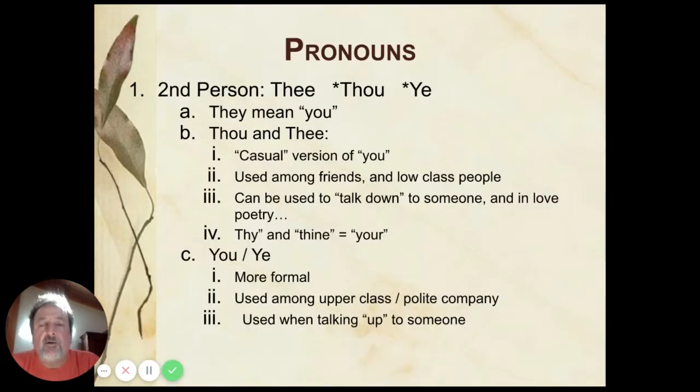The first thing you're going to notice, and that people usually associate with these plays, is some weird pronouns. All right? Pronouns that we use, I, you, he, she, it, we, plural you, or they, were very similar back then, as this was early modern English. One difference they had was they had different ways of saying you. And if you take Spanish or French, you're certainly familiar with this. In Spanish, you have tú and usted.